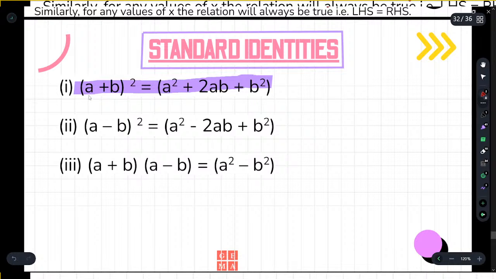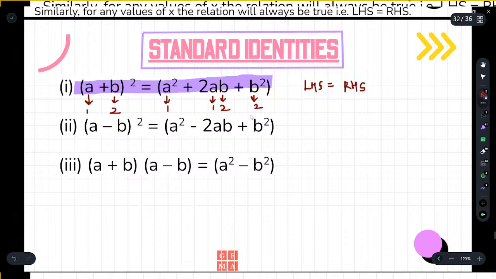If I keep the value of a as 1 and b as 2, and same here, I will always get LHS equal to RHS. So these are the identities that we use all throughout mathematics. And what does this a plus b to the power 2 mean? A plus b to the power 2 means a plus b into a plus b. Like we did, 2 to the power 2 means 2 into 2. So a plus b to the power 2 means a plus b into a plus b,